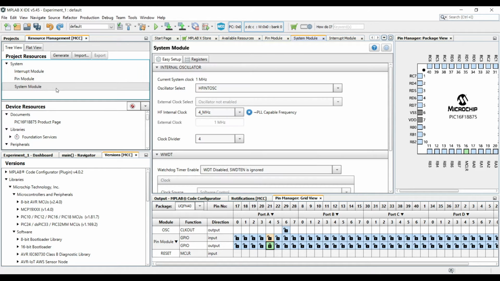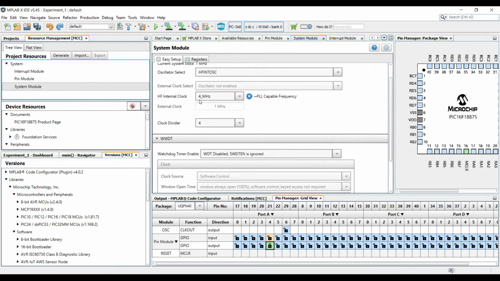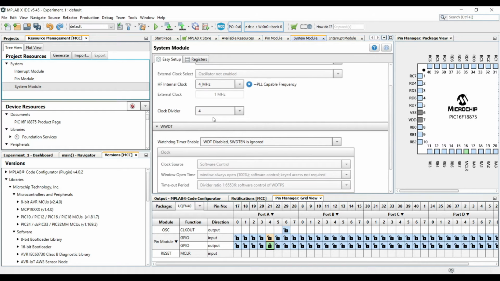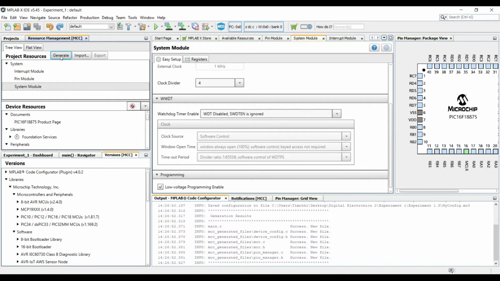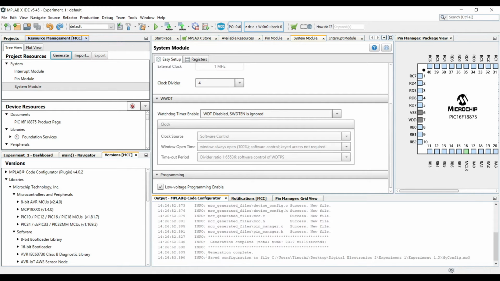Go back to the System Module. The oscillator select should be HFINTOSC. The HF internal clock should be 4 MHz. The clock divider should be 4. And the low voltage programming enabled should be checked. Then click Generate. After generation is complete,